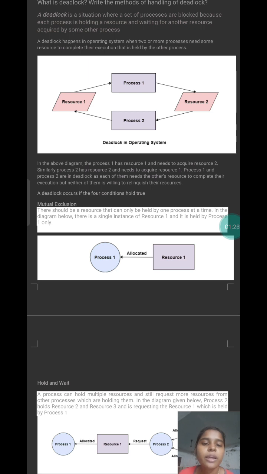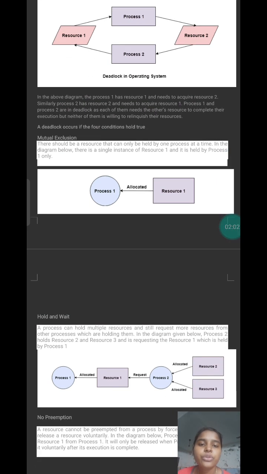Process 1 has resource 1 and needs to acquire resource 2. Similarly, process 2 has resource 2 and needs to acquire resource 1. Process 1 and process 2 are in deadlock. Each of them needs the other resource to complete their execution, but neither of them is willing to relinquish their resources. A deadlock occurs if the four conditions hold true: mutual exclusion,